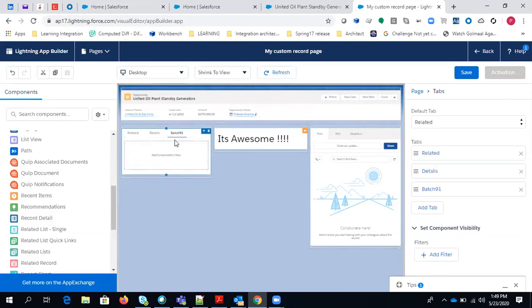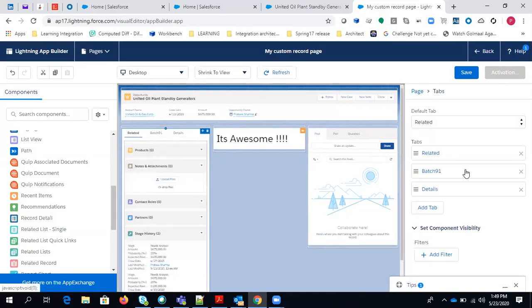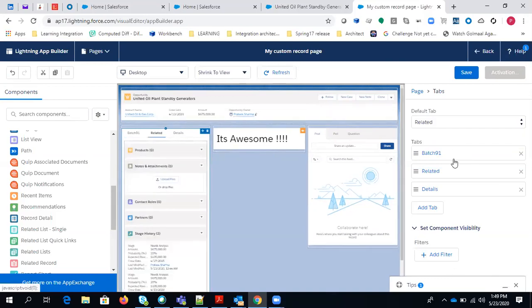It is empty till now. We'll add something in this batch 91 tab later. You can also move batch 91 up and down. If you want it in between related and detail, you can drag and drop it in between. But if you want to make it the first tab, you can just pull it up as the first step.